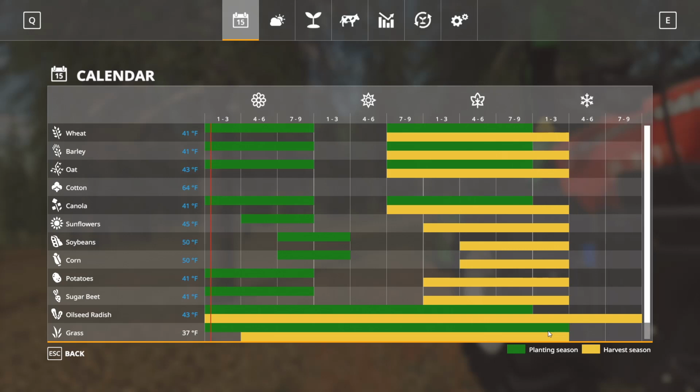which wouldn't make much sense unless we're trying to make bales. But then it wouldn't do us any good anyway, because if we planted it right on day 1, it might be ready by day 3. I don't know, probably not. So it wouldn't make any sense to plant grass anyway. And oilseed radish, I'm not really even sure what that is. Canola we can plant a pretty good ways into fall, same as with oat and wheat and barley. So there are a few things we could plant, but during this winter months here, of days 1 through 9